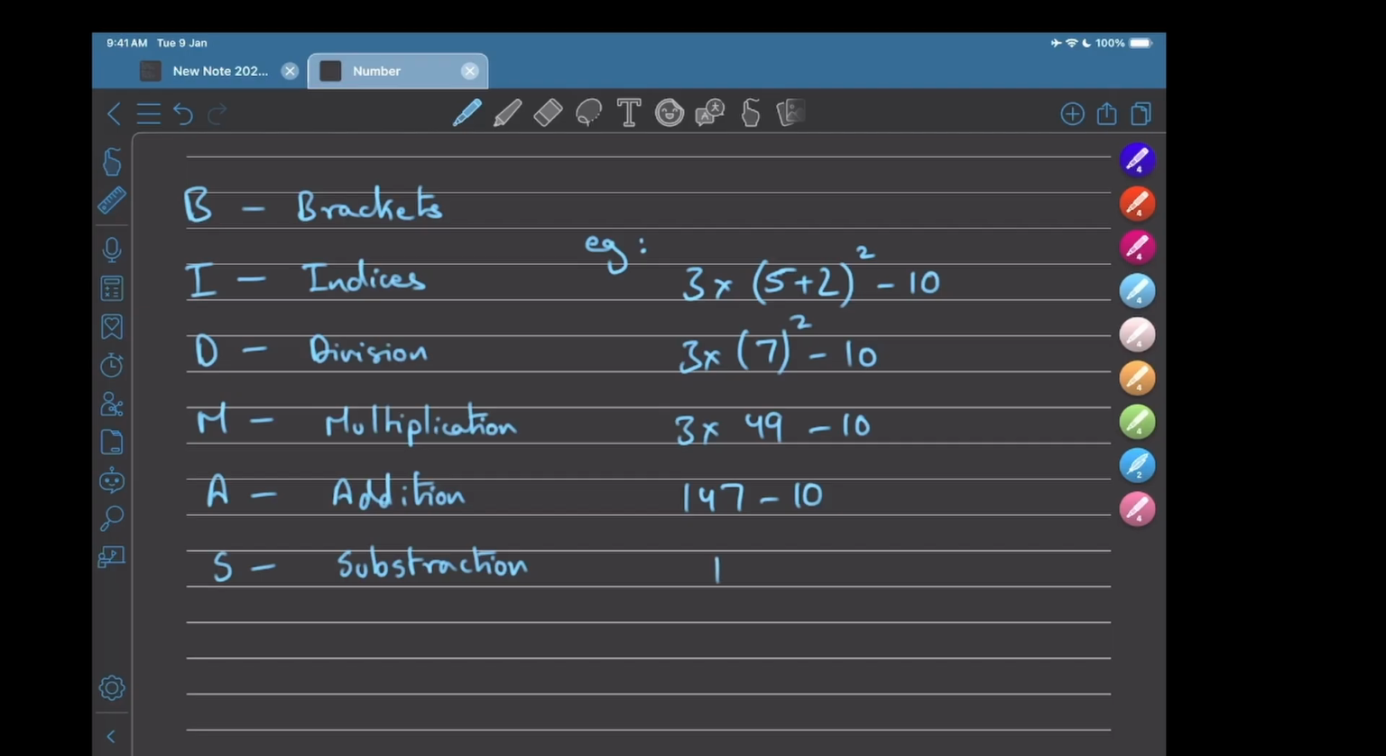So what we do is 137. All right, this is how you normally solve the BIDMAS rule questions. This particular question is